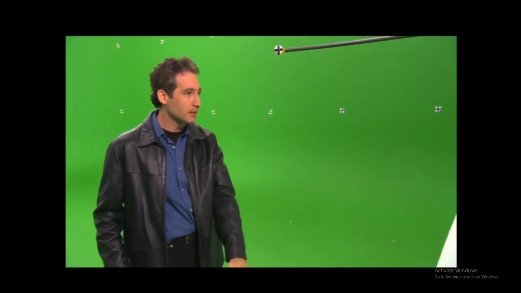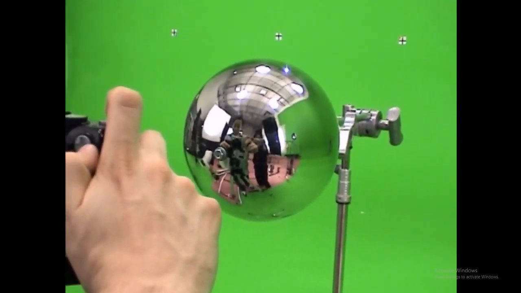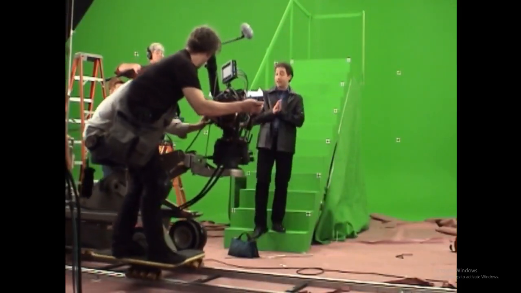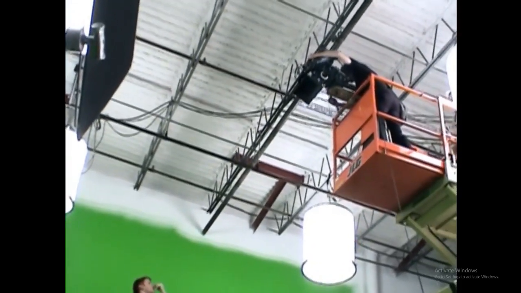So when it was finally time to go to the green screen stage and shoot all the footage of Brian, we already had all of his moves completely choreographed. We knew where and how far he had to move and where he should be looking and pointing. So while we were on set, we took extensive notes and reference photos of the camera position and movements and where Brian was moving and where all the lights were positioned.